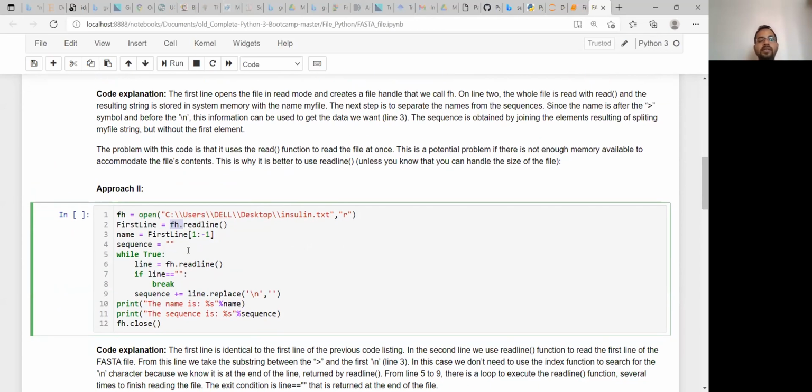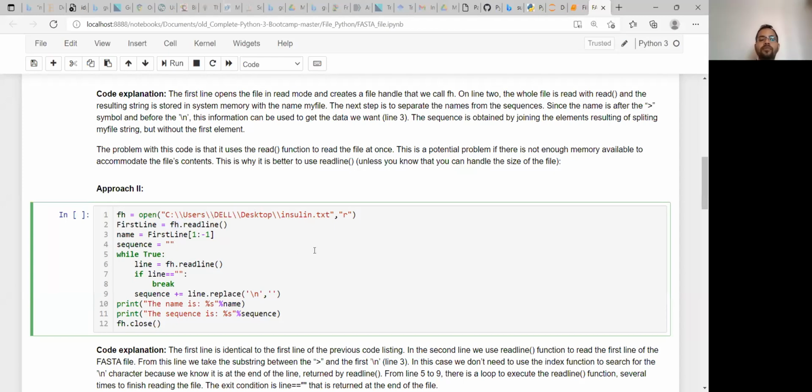Now the next thing. Sir, we are using read only mode every time, but what if we don't use the read only mode? I mean, in write mode also we can, in X mode also we can do this. What will be the problem?